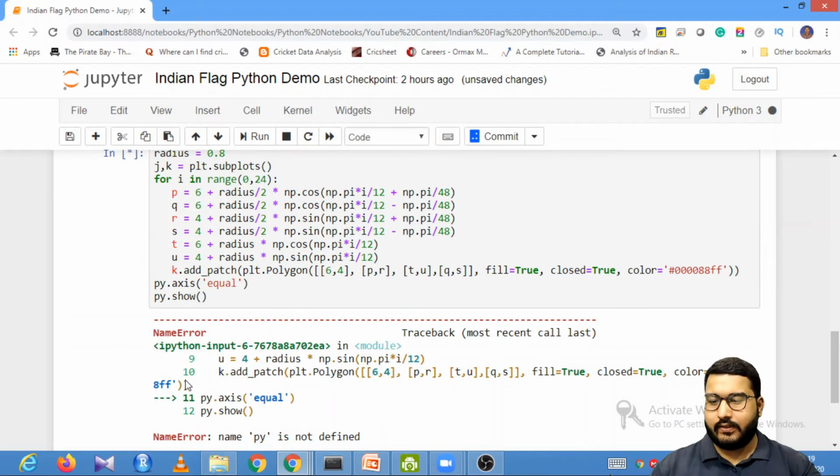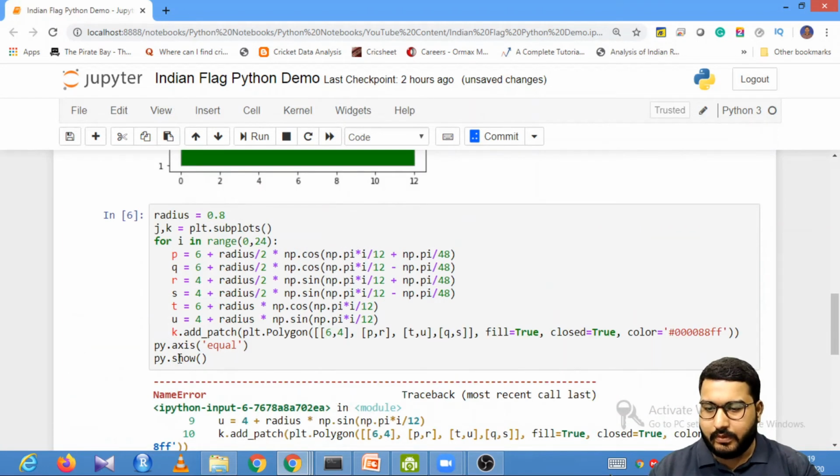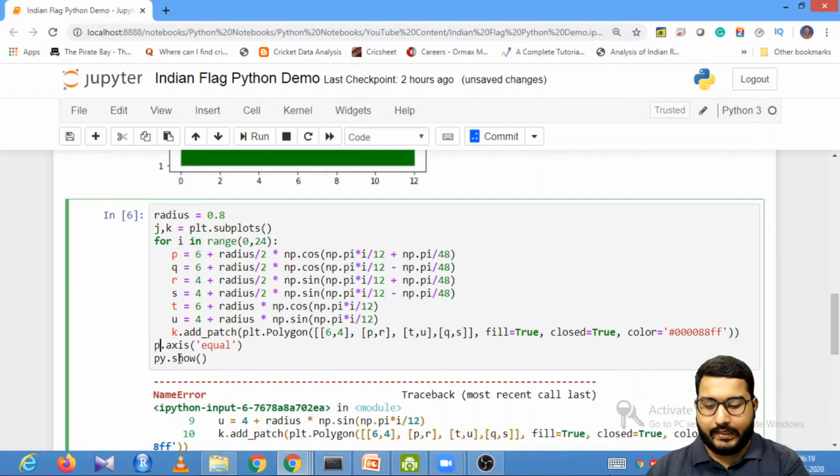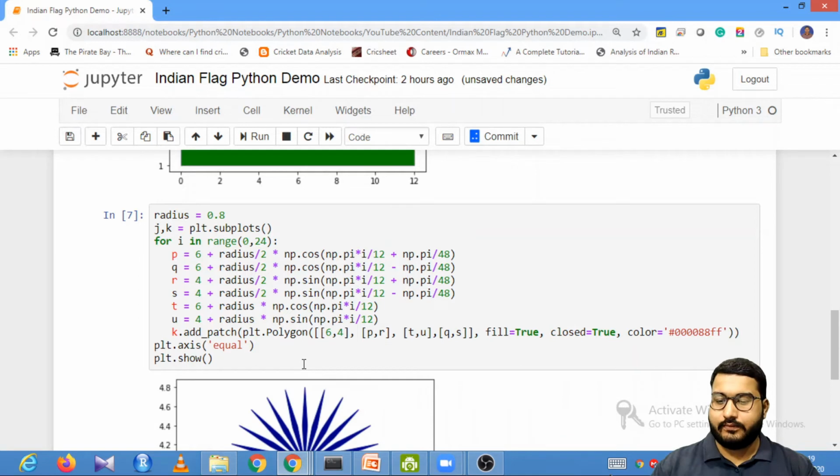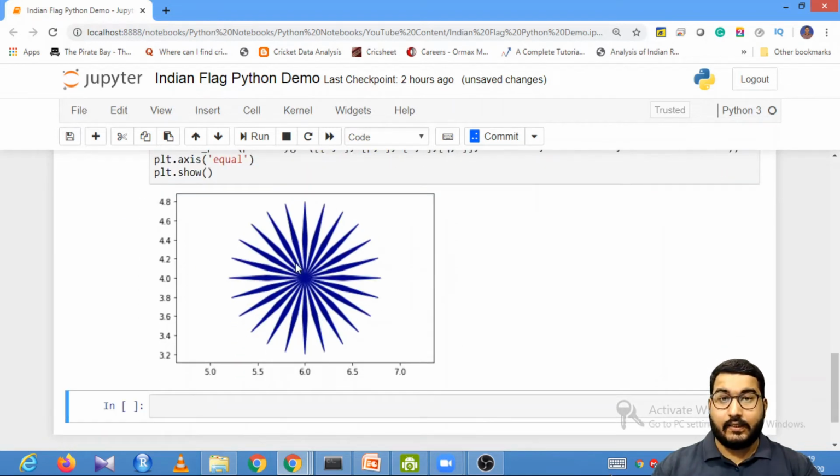So let's plot it. Okay, this should be plt instead of this pi, and over here also plt. So now you can see that these are the spikes that are created.